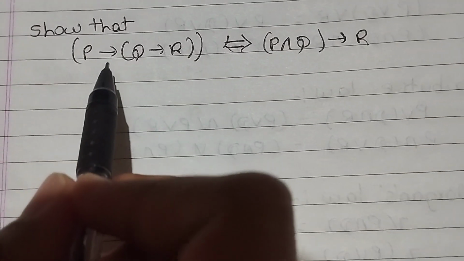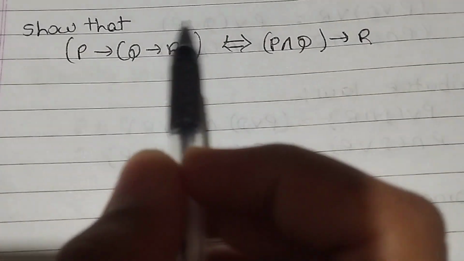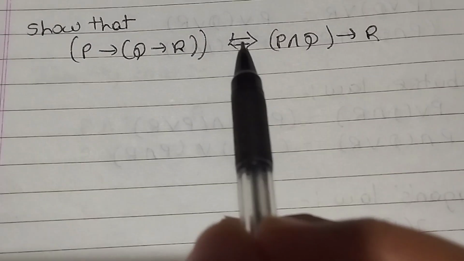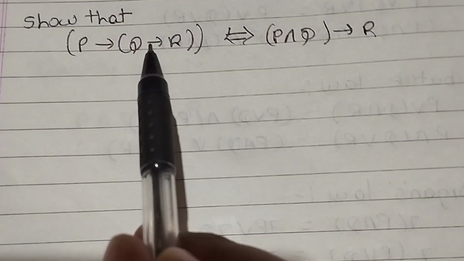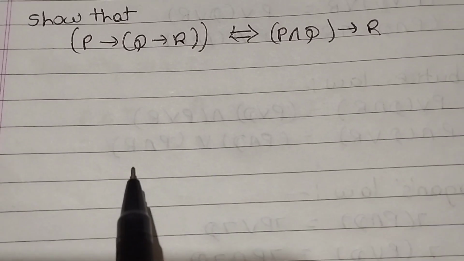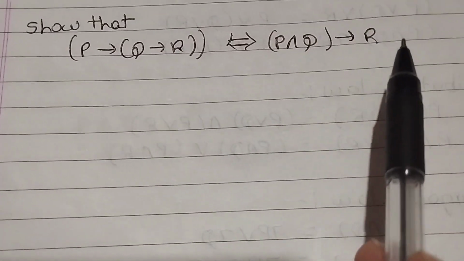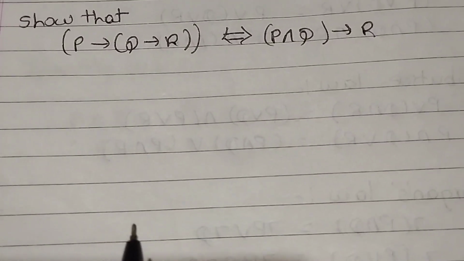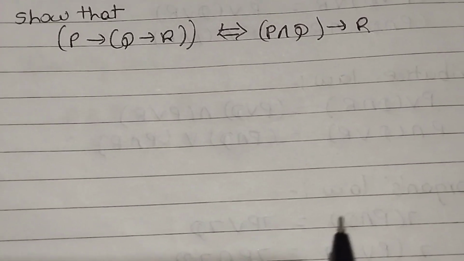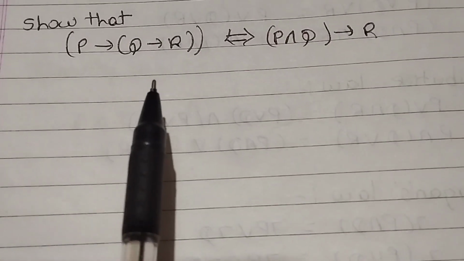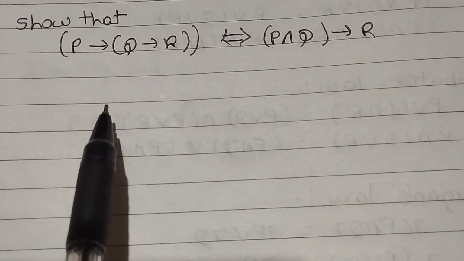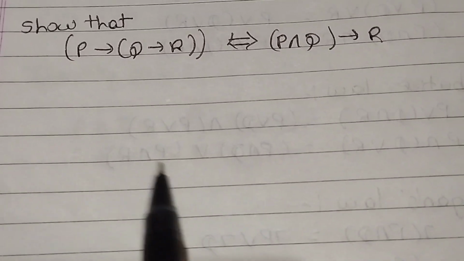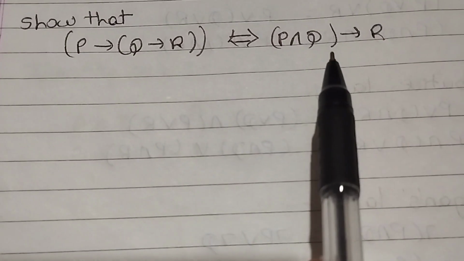Now we solve one question. Show that LHS is equal to RHS. To solve this question, we have two ways. First, take LHS, solve and find the final result, and take RHS, find the final result and show that the LHS result and RHS result are equal. This is one way. Or second way, take LHS as it is, solve and show that the result of LHS is equal to RHS.